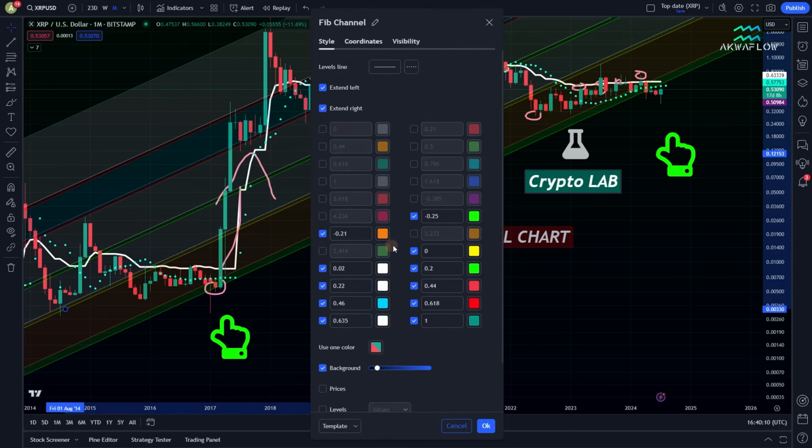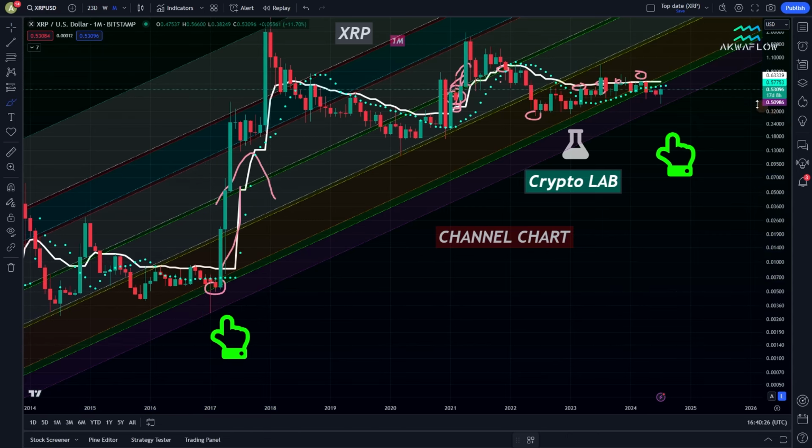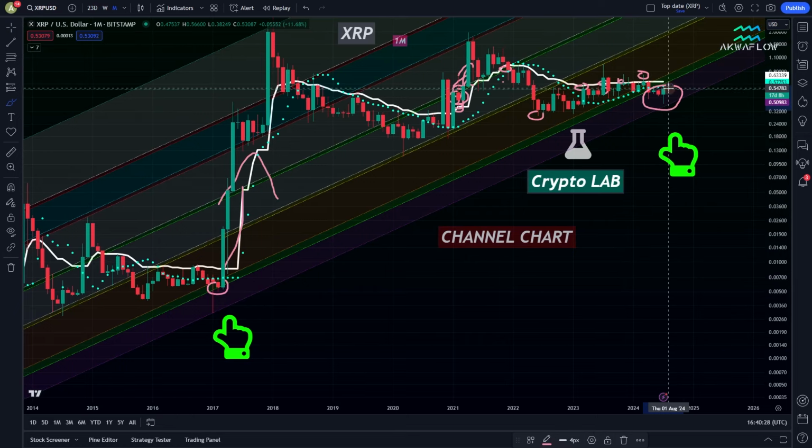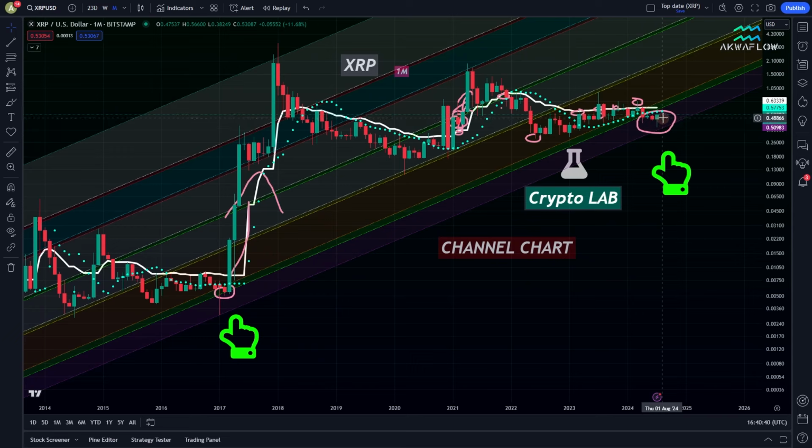So if I do so, I can display it in purple. I can adjust it, right? So I can put it to, let's say, 7, like this. And you see we are just touching the wick of the candle. And right now, XRP is still in this purple area. This means that we still have hope that XRP could bounce from this level, from this purple area,